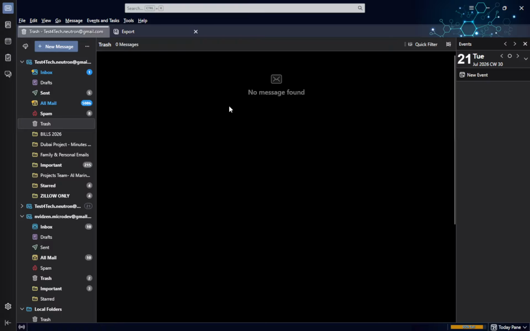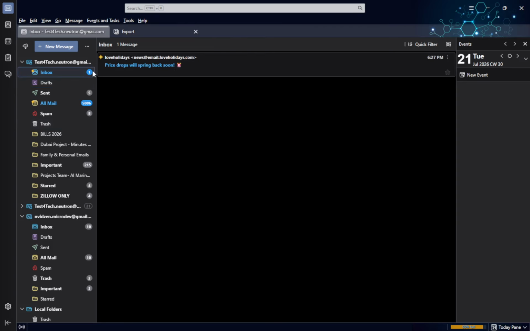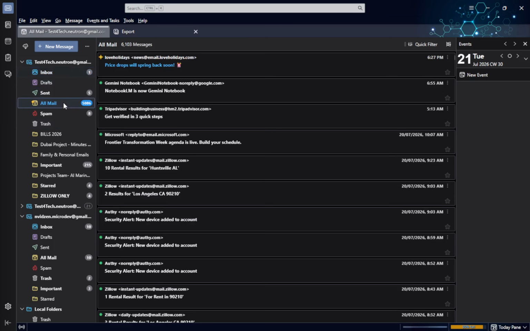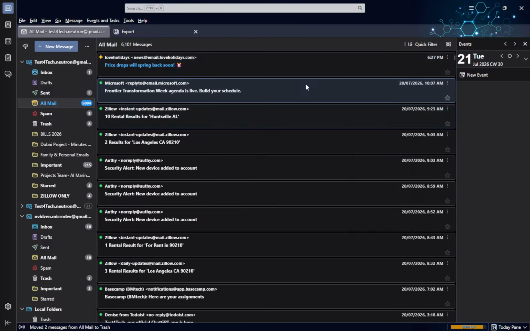If the empty trash option is missing or not working, try this. Open the trash folder, press Ctrl and A to select all messages, and then press Delete. Some users report that this solves the problem, so it's a handy workaround to know. This alternative method can be beneficial if technical issues arise, ensuring you still have a way to manage your deleted emails effectively. Finally, compact your folders occasionally to recover disk space after deleting messages.